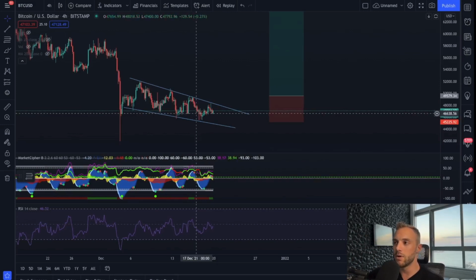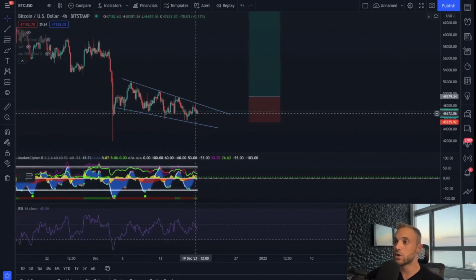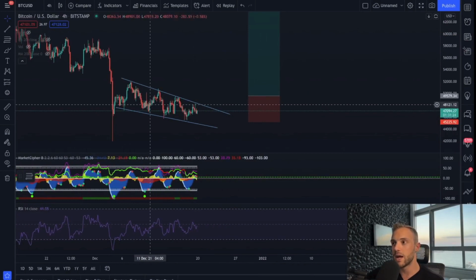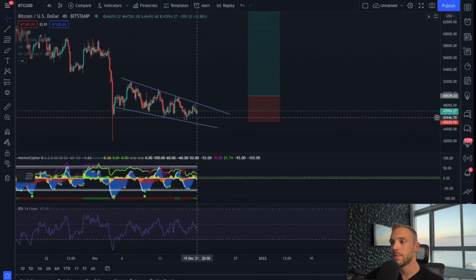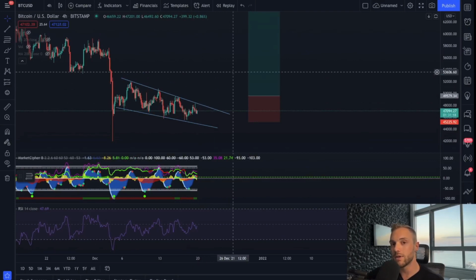A better strategy and more profitable strategy is to trade less and actually rip larger trades. And you'd want to do that when you actually have a confirmed trend move. So you want a break of an actual trend. So we're in a downtrend right here. If we have a break of this resistance right here, that would be a break of the trend. So we want to trade a trend, not before the trend actually happens. We want to trade the trend when it confirms and actually breaks that trend.